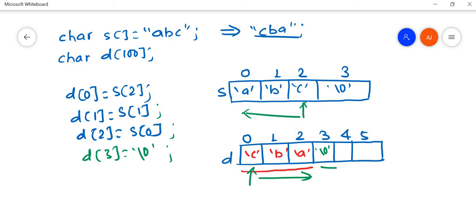The first thing that we need to do is get the length of the source string so that we can get the index of the last element. So we will be writing one custom function called xstrlen to get the length of a string. Then we will be writing the reverse string function. Now let's write the logic for this.